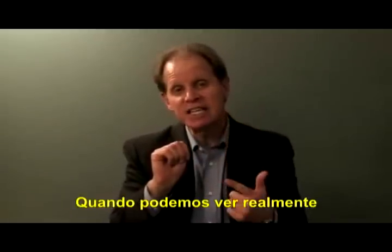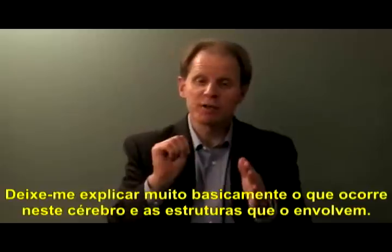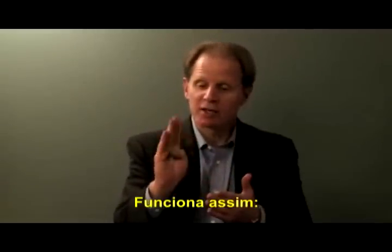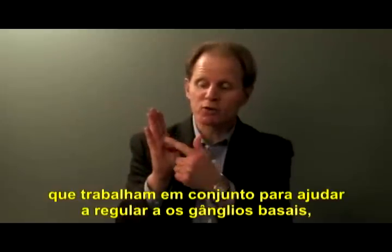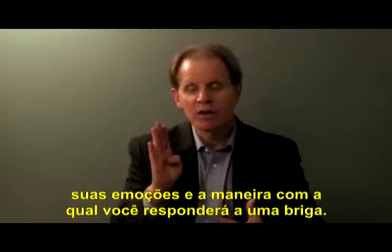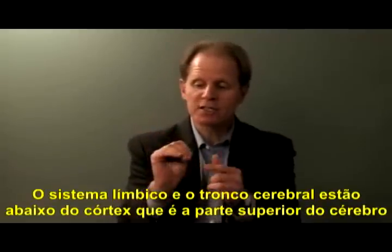And when we can actually see in front of us what's going on in the brain, then we can change what the brain does. So let me walk you through very basically what happens in this brain and the structures in it. And it goes like this. The spinal cord comes up representing the wrist, and then you have coming up into the skull the brain stem and the limbic area, which work together to help regulate arousal and your emotions and the way you have a fight, flight, freeze response. These are below the cortex, the limbic and brainstem areas, and the cortex is this higher